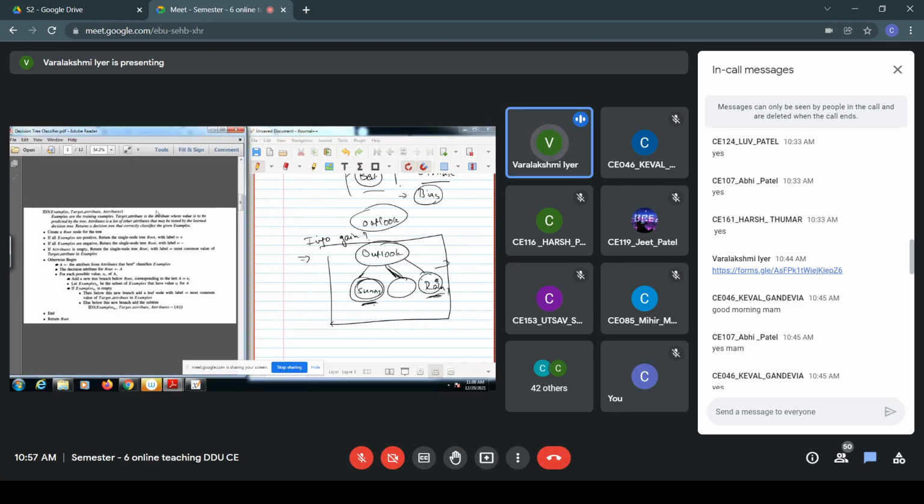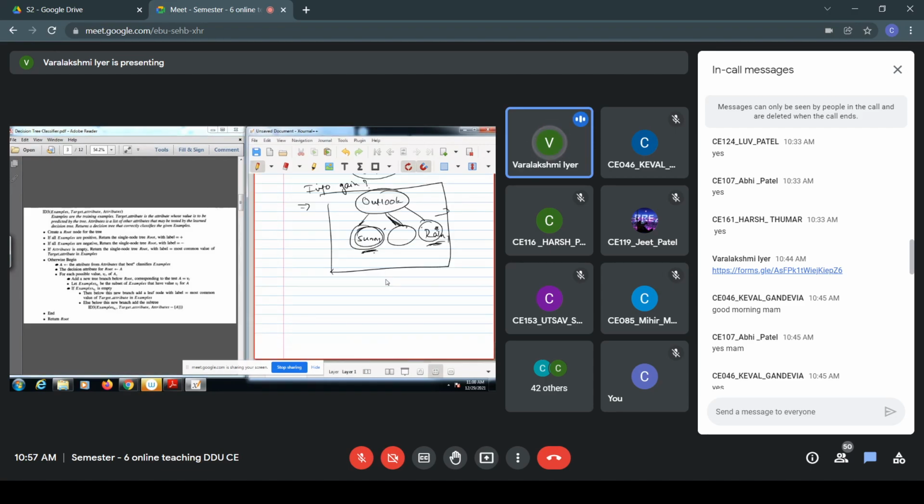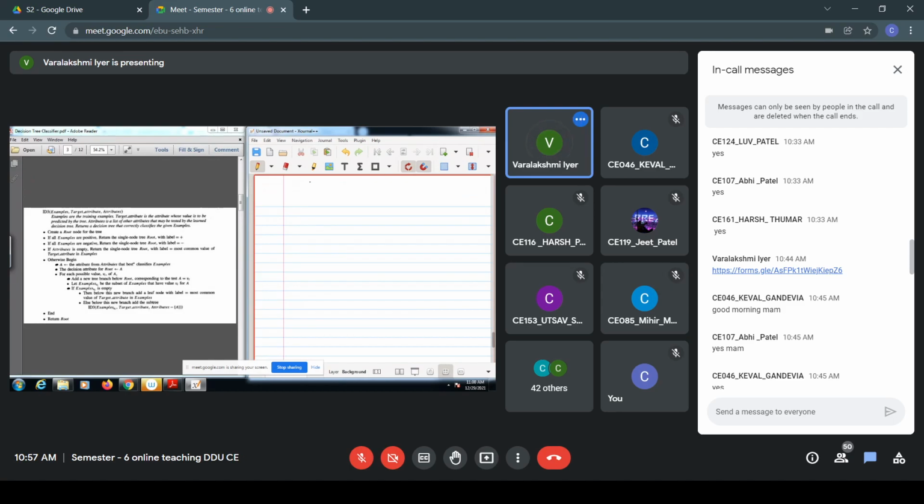Okay, so this algorithm is the ID3 algorithm, which is your first decision tree. In order to create your decision tree classifier, we are using this algorithm, and in this, the attribute selection method is information gain. We already discussed the formula for information gain, if you recall. What was the formula? First we calculated the entropy of the entire system, S. The entropy of the entire system was minus P positive log to the base 2 P positive minus P negative log to the base 2 P negative.